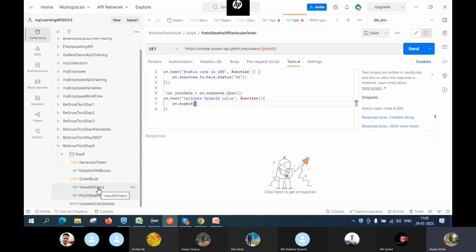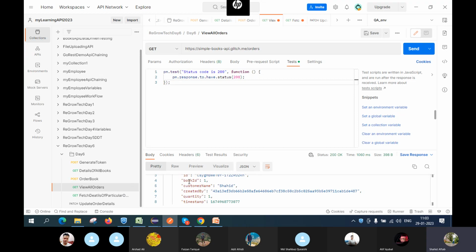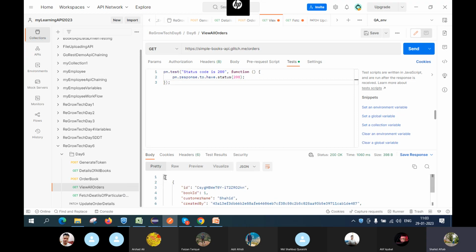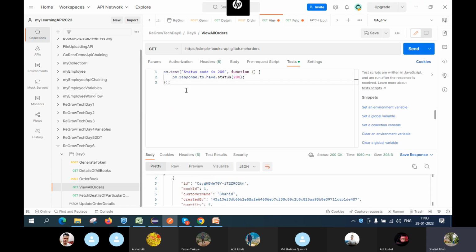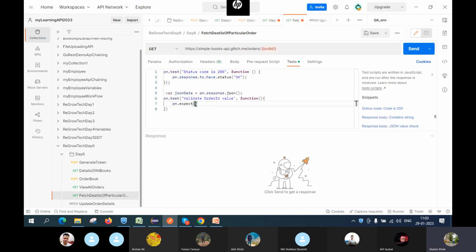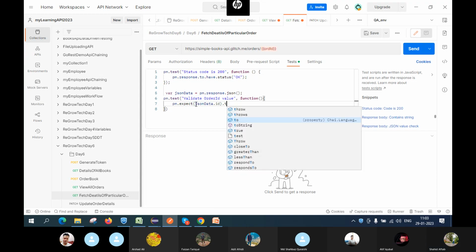So this is the ID, okay, so the path will be ID. So pm.expect(jsonData.id), because you want to check that ID,